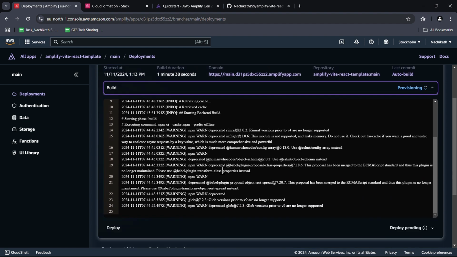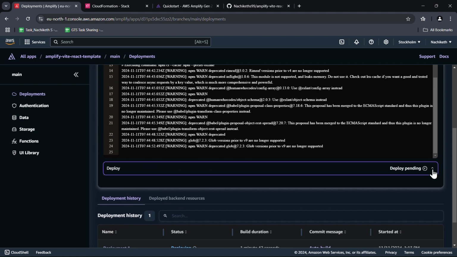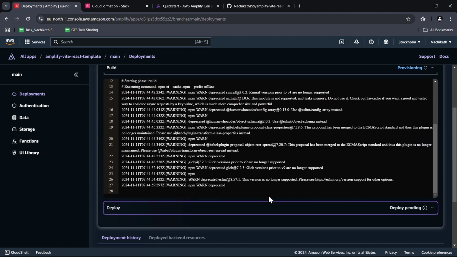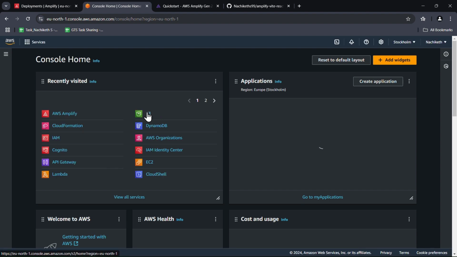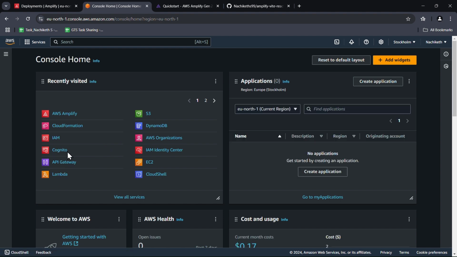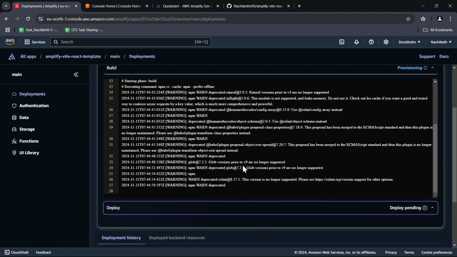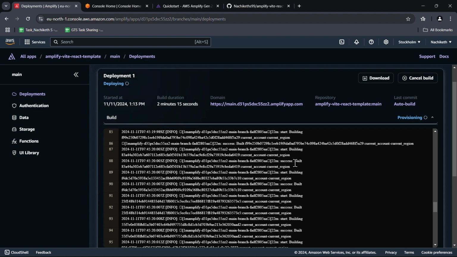Fine. So it will take time since it needs to create all the resources. It is going to create S3, DynamoDB, Lambda, API Gateway, Cognito. As of now, Cognito is not going to be created by default. By default, it will have the Lambda, API Gateway and the storage, since we have not initially integrated any authentication,